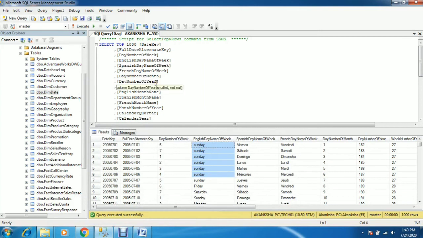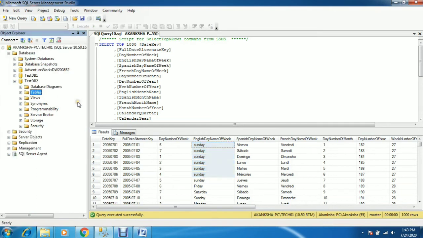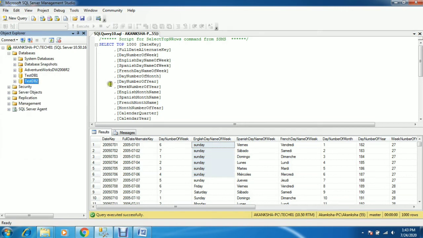So what is the benefit here? The database is recovered till that point. I updated the records and then deleted the database, or due to some circumstances your database may be lost or somebody deleted it and you need to recover till that point. In this way you can recover the database to a particular time.